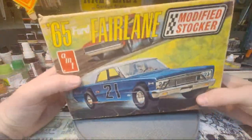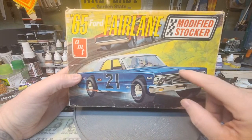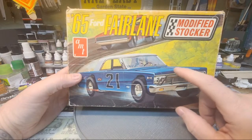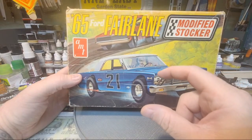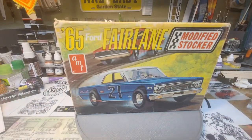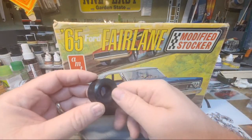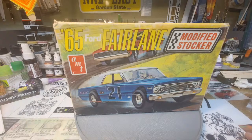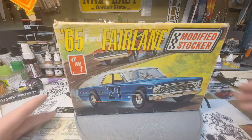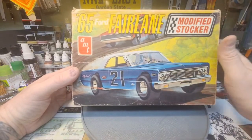Now, when you come with this kit, it's got a filled-in grill. It doesn't have an engine bay. It has an interior bucket, but it's just plain Jane. It has super fat tires. I still have the tires. It came with these super duper wide tires, like slicks all the way around. It's a very crude kit. Lacks a lot of detail, but it was something that they made to build these stocker modifieds